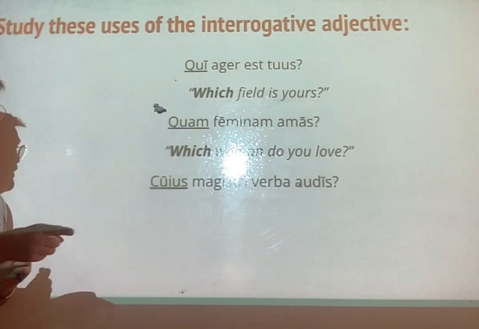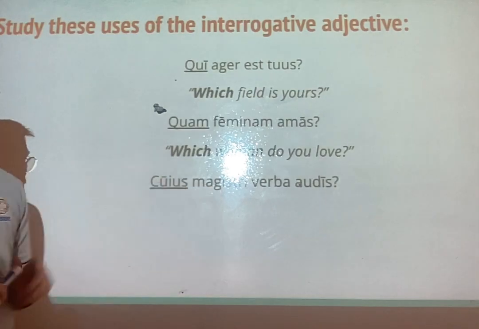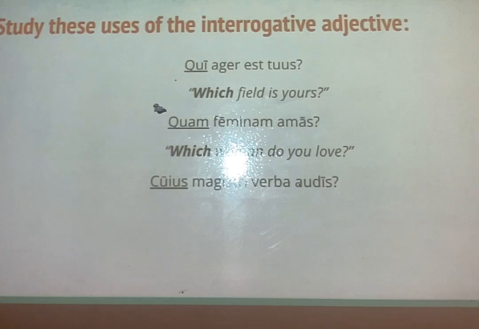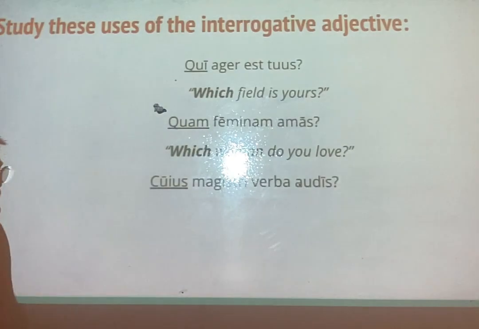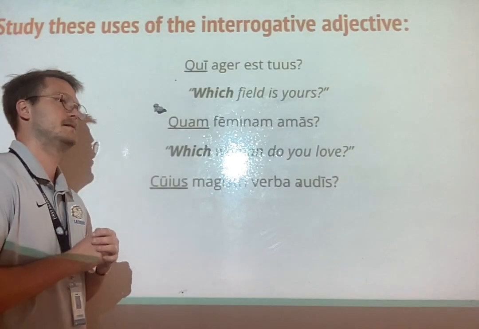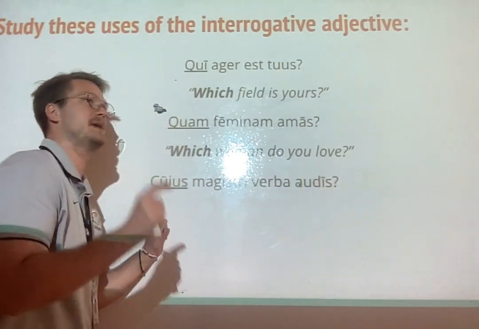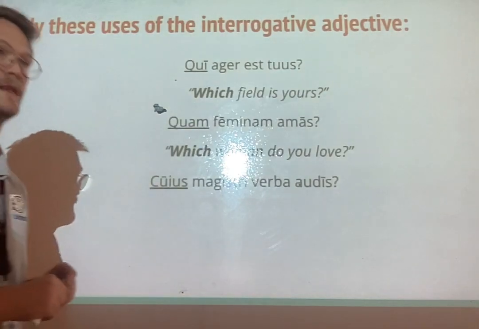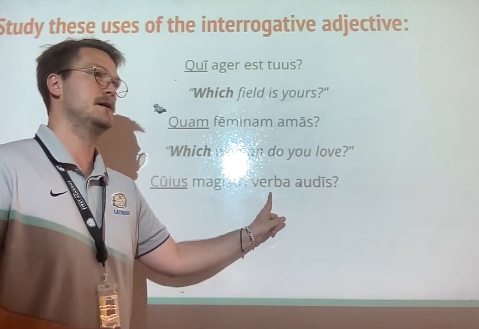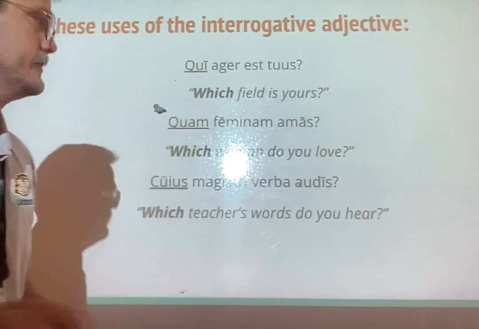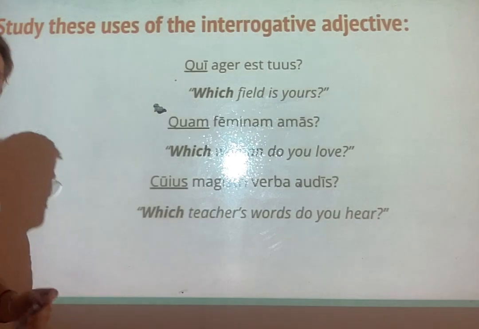Which of the? No, you would say of which. But where's the subject noun? Because this is genitive, and so is that. Subject noun is always at the ending of your verb. You, very good. Not will here. Audis is present. It would have to be audies for it to be future. You hear. It does mean hear. You hear what? The words of which master? Good. Very good. Which teacher's words, which master's words do you hear? Do you see that? Good.